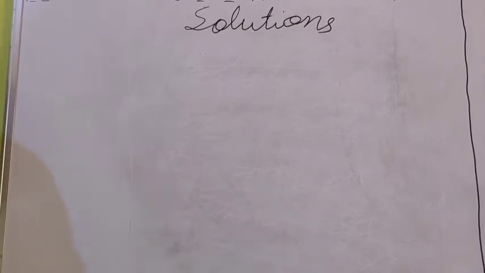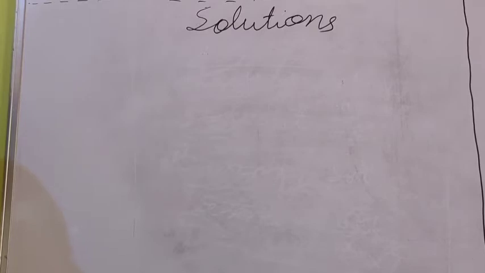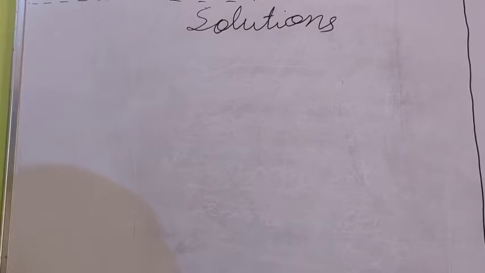Today we are going to start chemistry of the 12th class and the second chapter, that is the solutions. All of you know, solutions are the homogeneous mixture of two or more than two components. Homogeneous mixture means there is single phase. Single phase means, for example, if you add sodium chloride in water, sugar in water, then there is the formation of single phase.